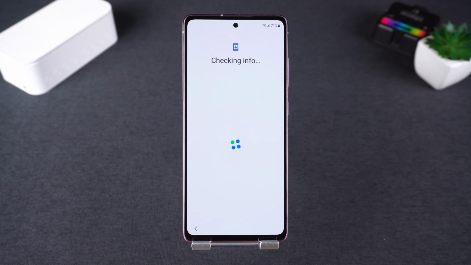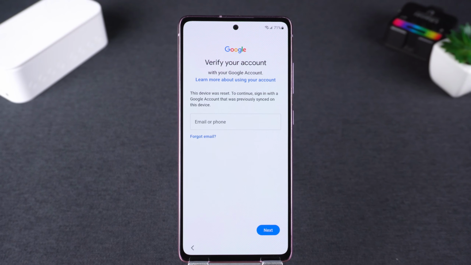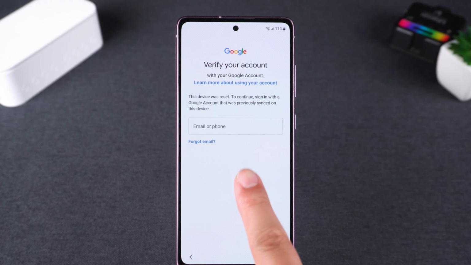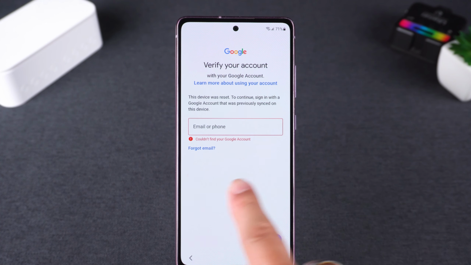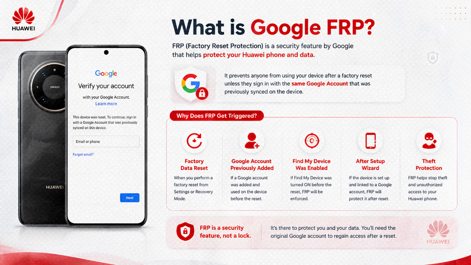If you've just performed a factory reset on your Huawei phone and now find yourself stuck on the Google account verification screen, you're dealing with a security feature known as Factory Reset Protection, or FRP. This lock is designed to prevent unauthorized use by requiring the previous Google account credentials. But it can be incredibly frustrating if you've forgotten your login details or purchased a second-hand device that's still linked